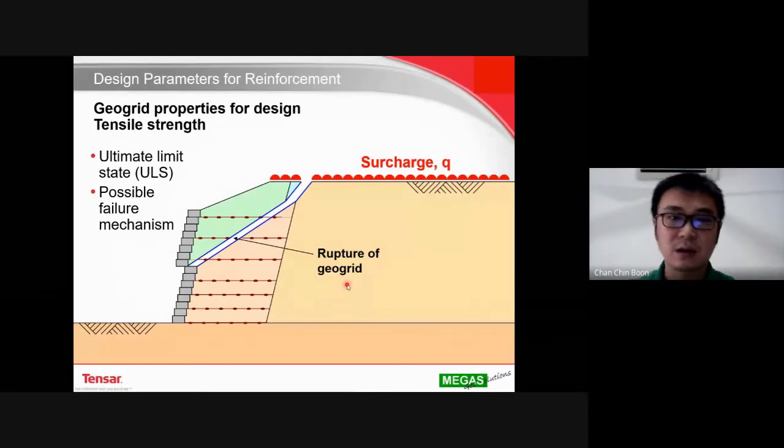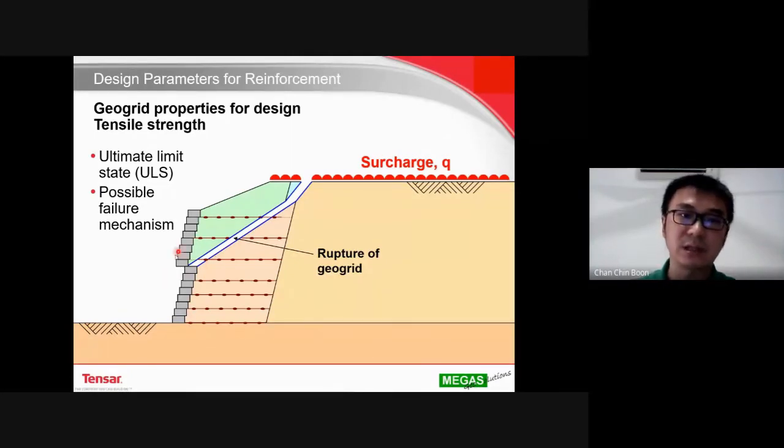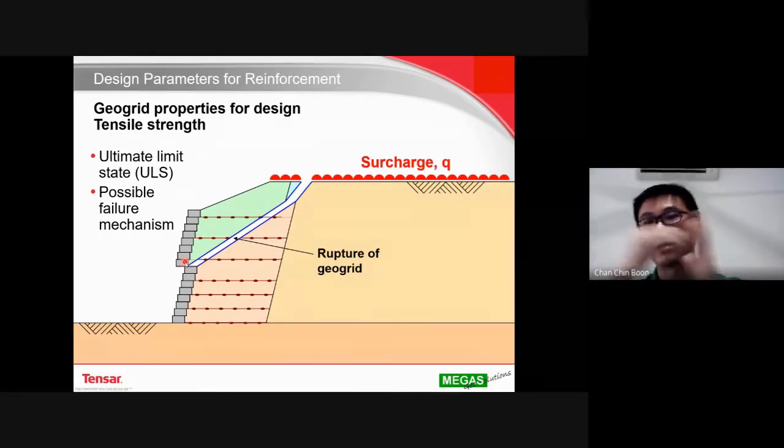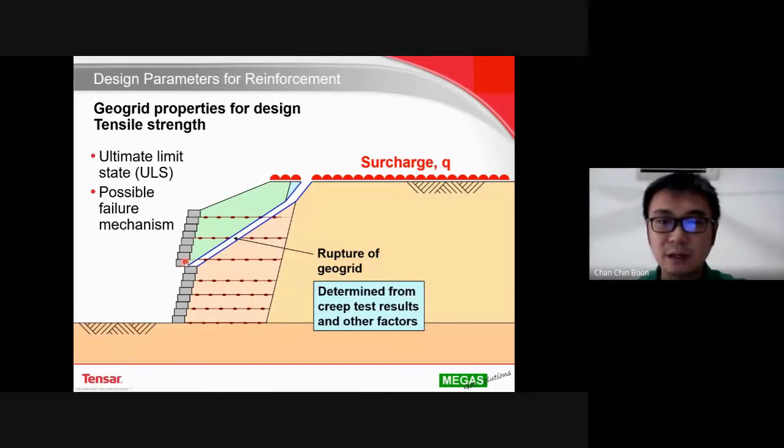Okay, and the other one is the connection failure. So these are some of the attention you need to put on the connection between the facing blocks and the geogrid. Okay,